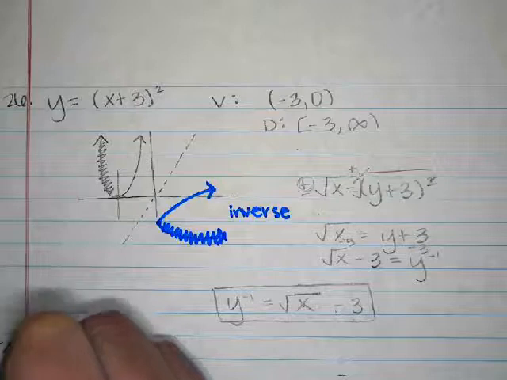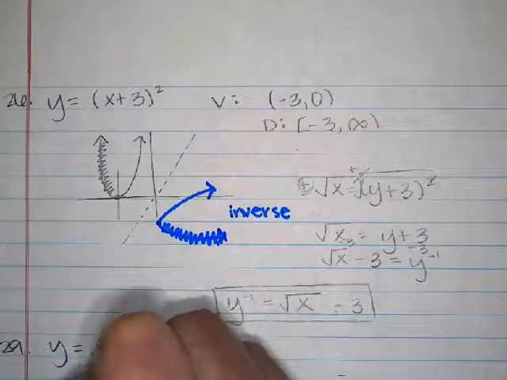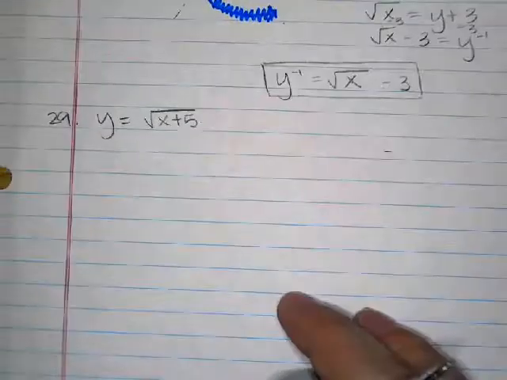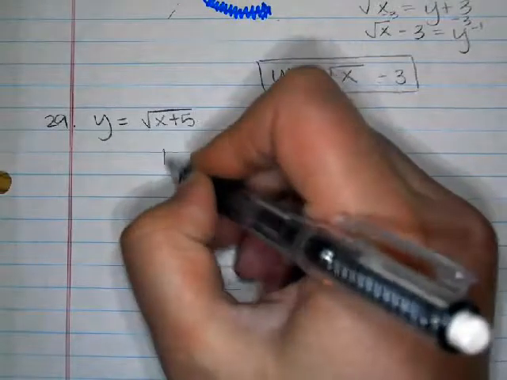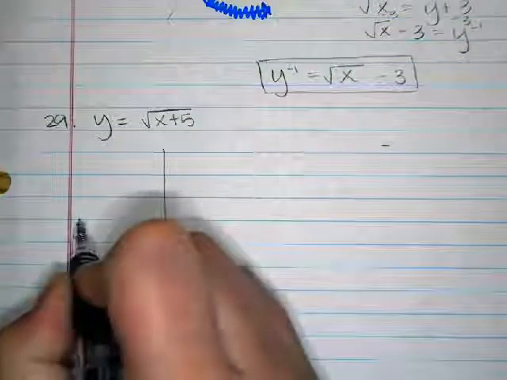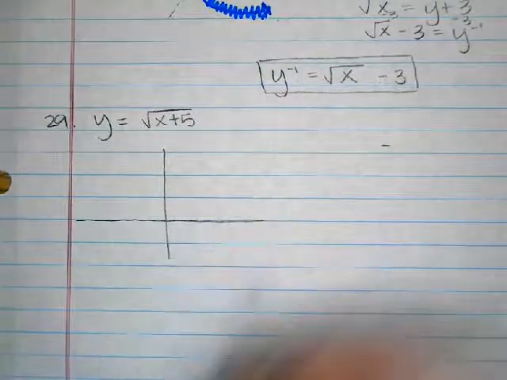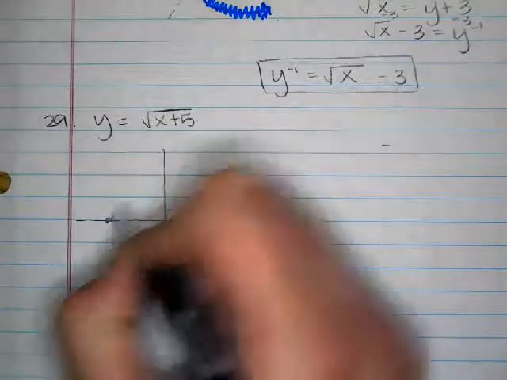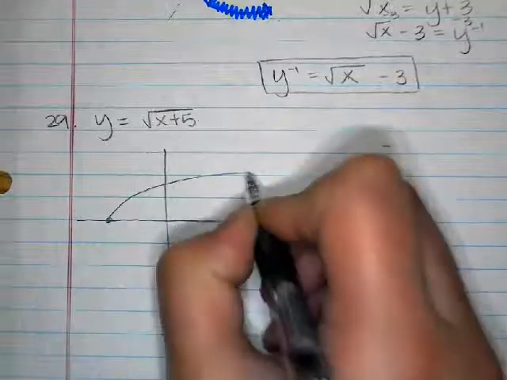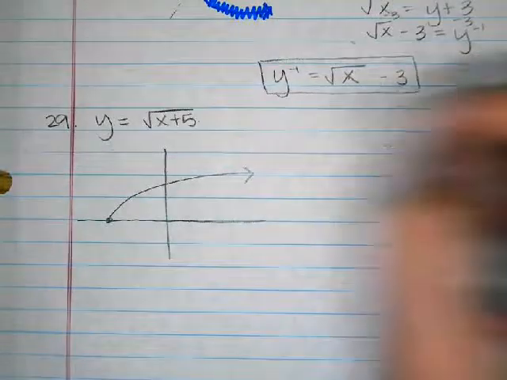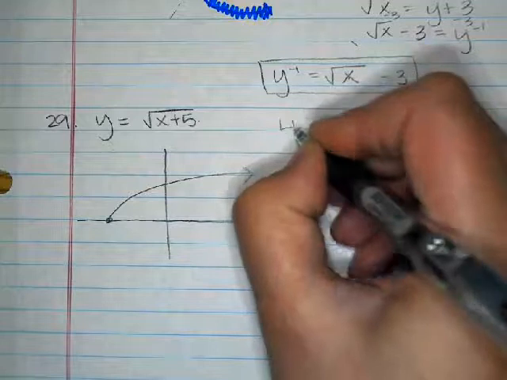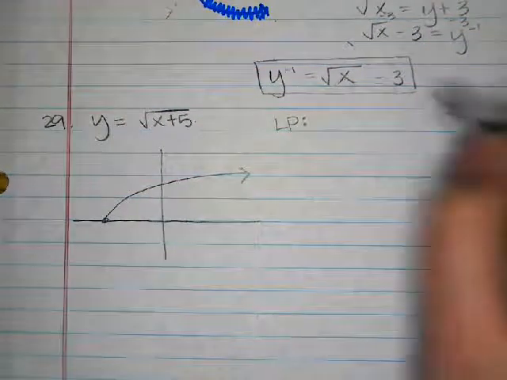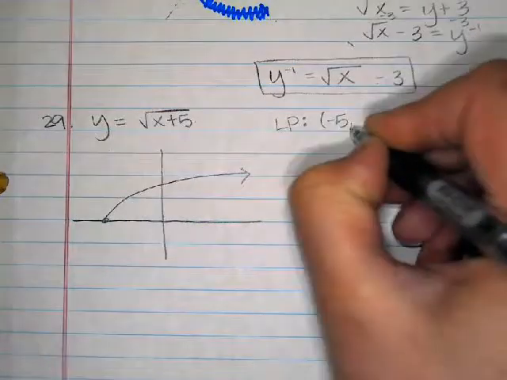Okay, so that's the problem, right? So what's the transformation for this problem? Left 5, okay, so it's like this. That's what our graph looks like. It doesn't have a vertex, but what is the locator point? -5, 0, okay. So if the graph that we're looking at here is a square root graph, then we know